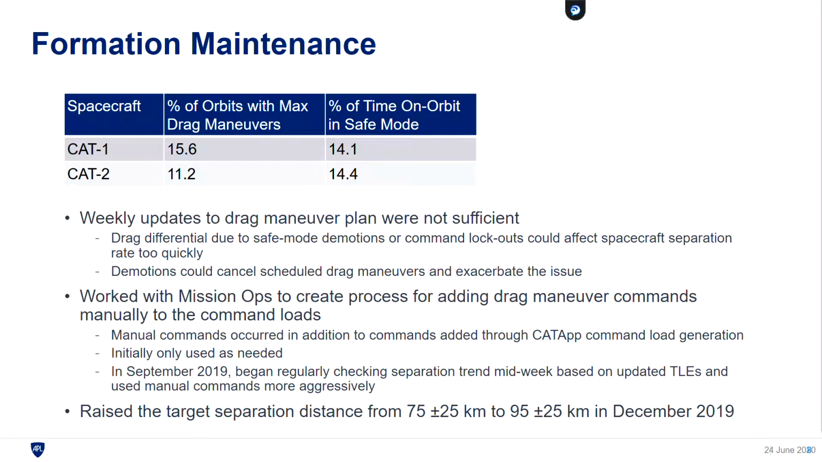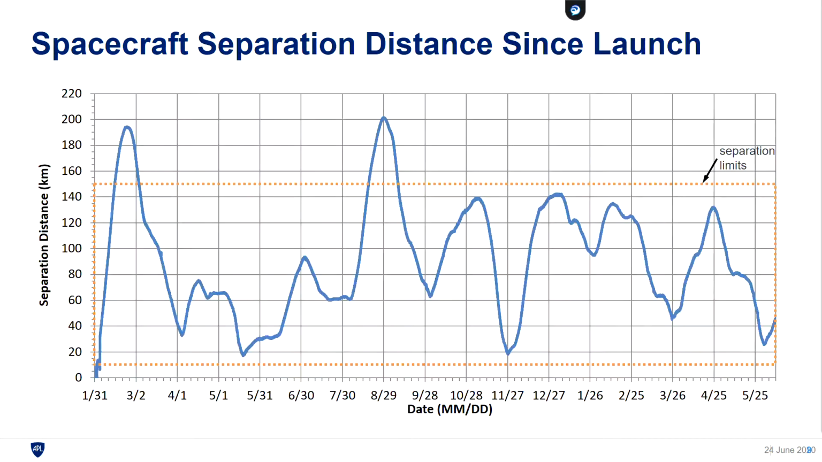However, in September, we began regularly checking the separation trend midweek and more aggressively using these manual commands. Also in December of 2019, we raised that target separation distance from 75 kilometers to 95 kilometers. And reasons for both of those decisions I'll go over in the next plot. So here you can see that